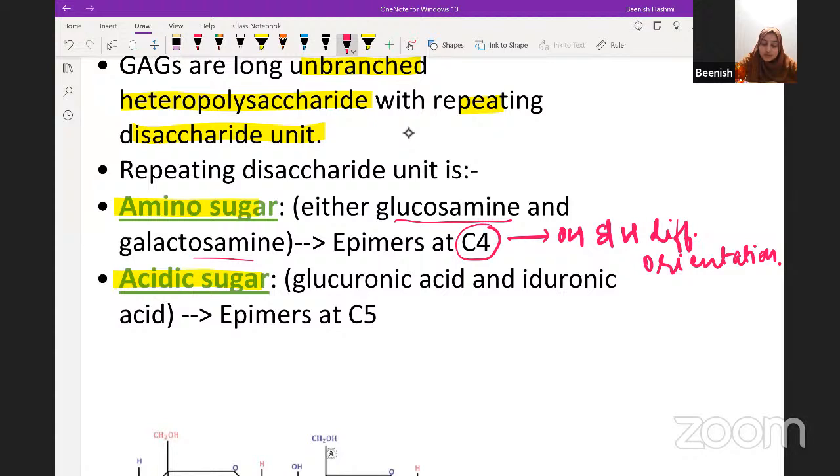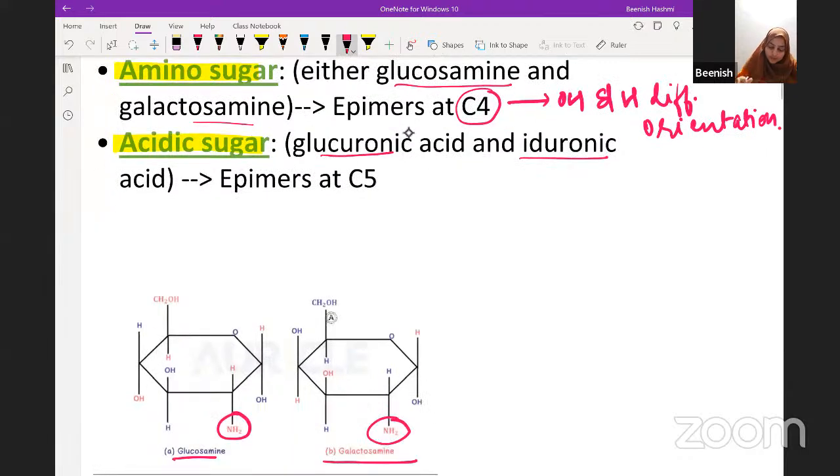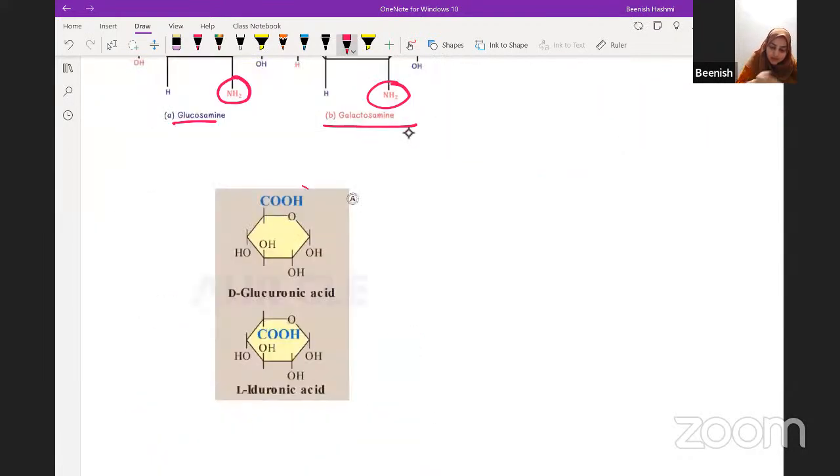An acidic sugar is formed when the carbon 6 has been oxidized to a carboxyl group. We've already spoken about this as well. That is oxidation of the carbohydrates. So on carbohydrate oxidation, that is full oxidation, half oxidation, you end up with glucuronic acid and iduronic acid. See, this carbon 6 has been oxidized to carboxyl group. So you end up with glucuronic acid and iduronic acid. In glucuronic acid the carboxyl group is above the plane and in iduronic acid, it is below the plane.